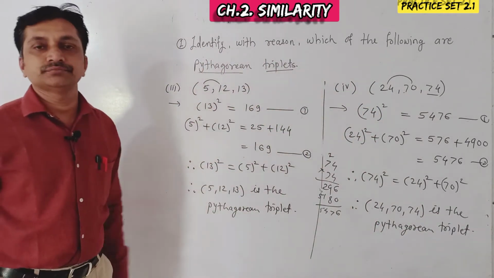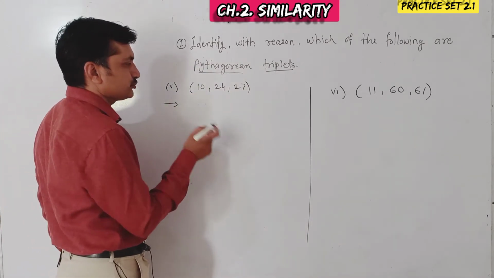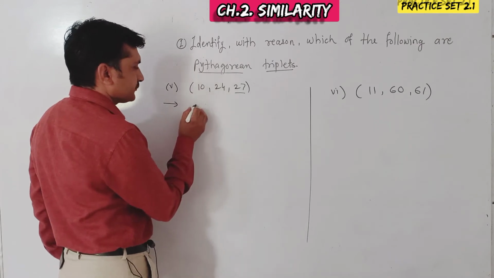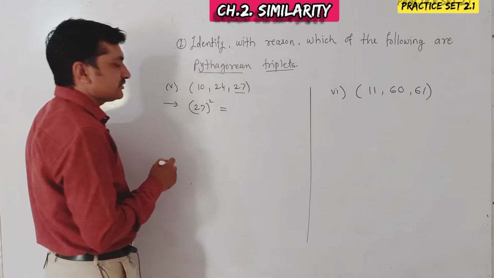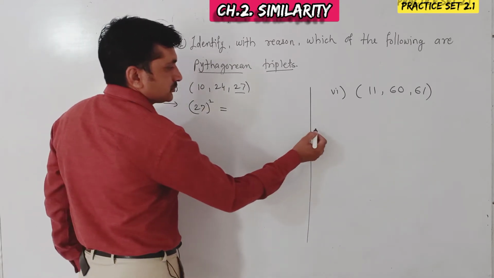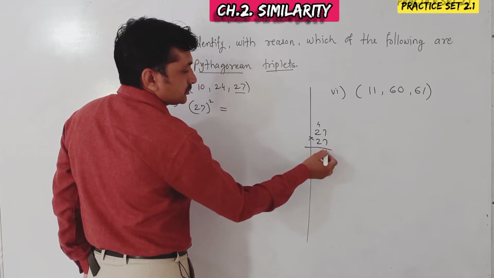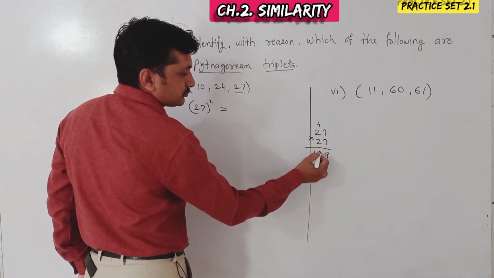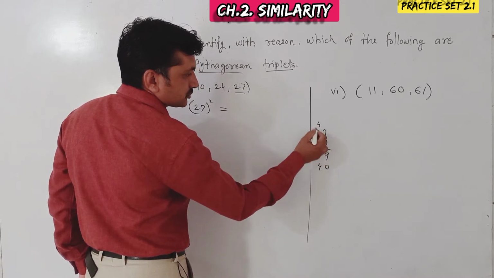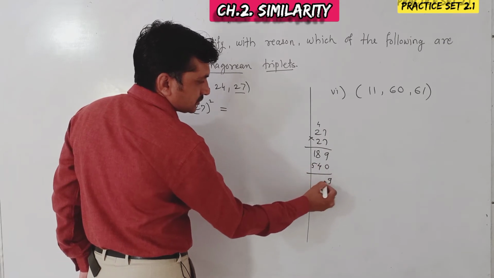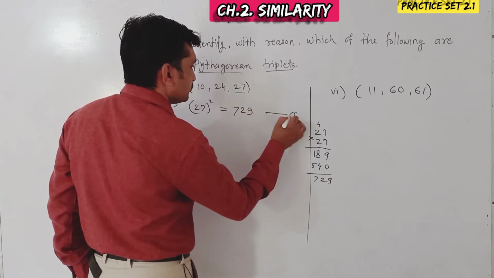It is the fourth. Now the fifth question, same method we are using. Here the largest number is 27, then 27 square is equal to, now the square of 27, you can check here, if you don't know you can solve. 7 7s are 49, 7 2s are 14 plus 4 is 18, 2 2s are 4 plus 1 is 5, 729, number 1.